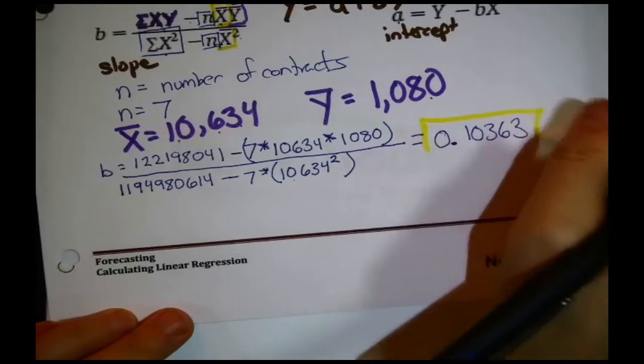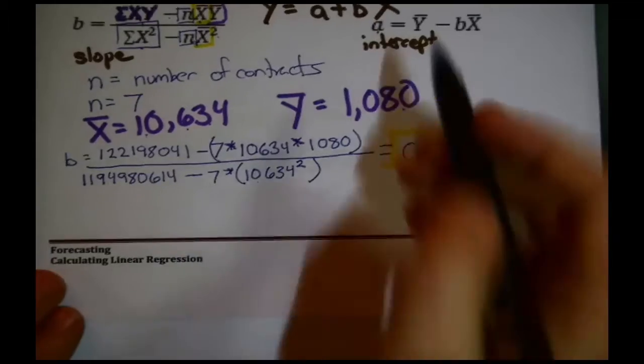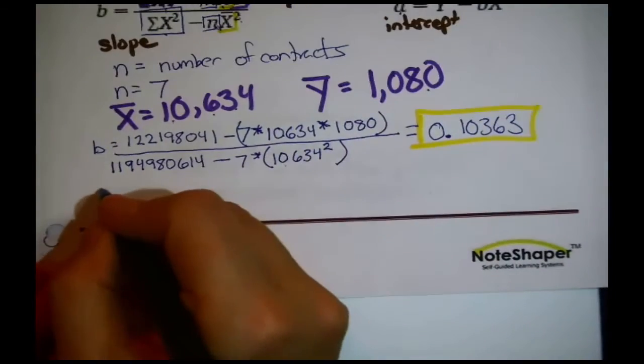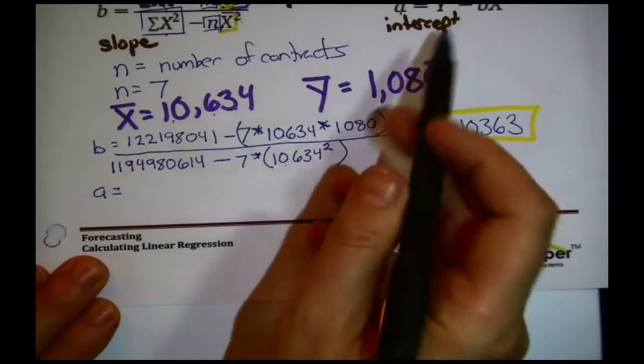Well, we found it. We found the slope. Oh, we found the slope of the linear regression equation. You know, like that's what we're after. Okay, now that you have the slope, you can find the intercept pretty easily, because see how the intercept is just a equals average y. Okay, well that was